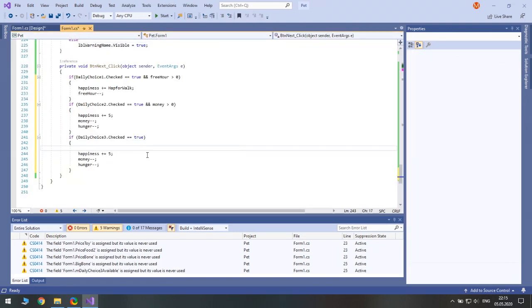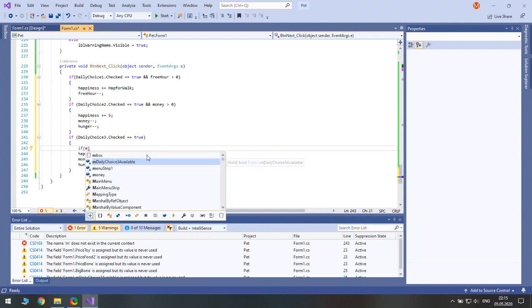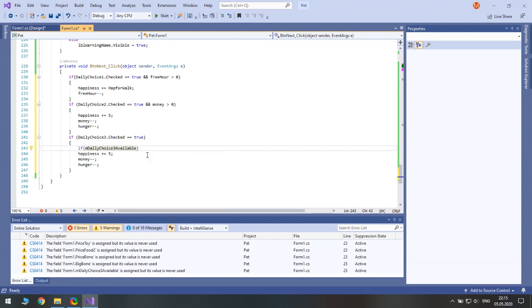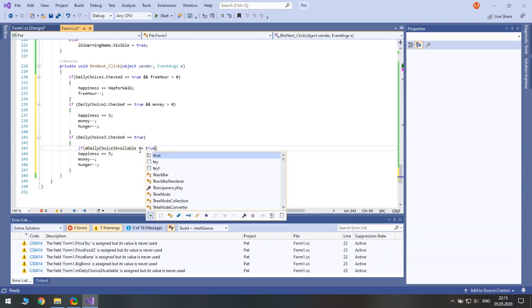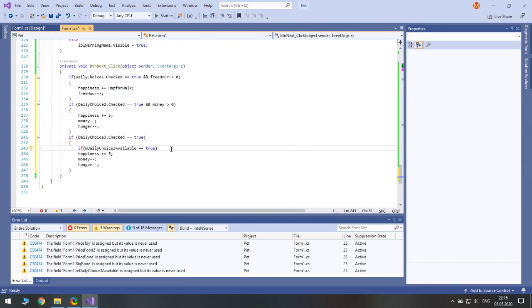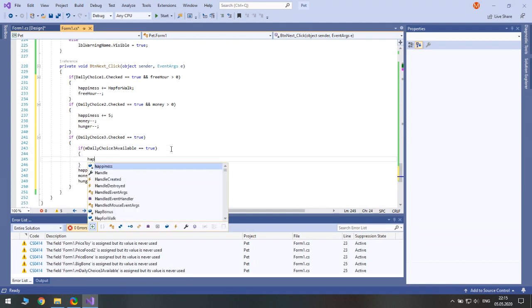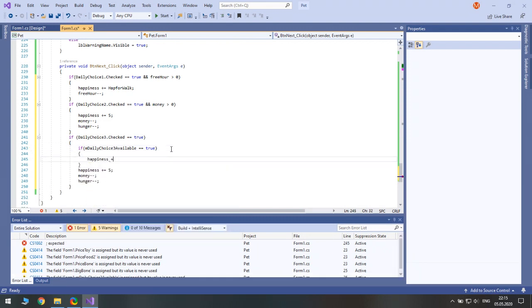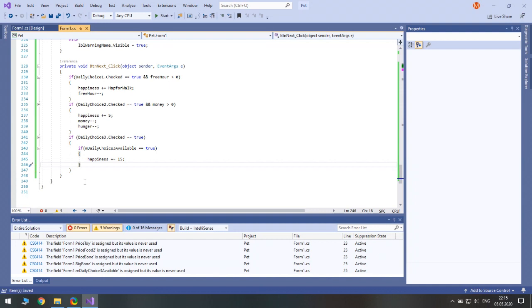So we need to check if daily choice 3 is available. So if it equals to true, then we increase happiness by 15. Yeah, good.